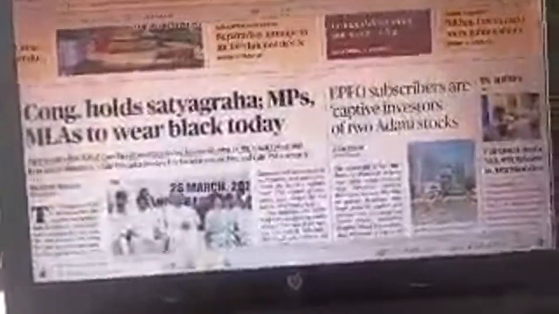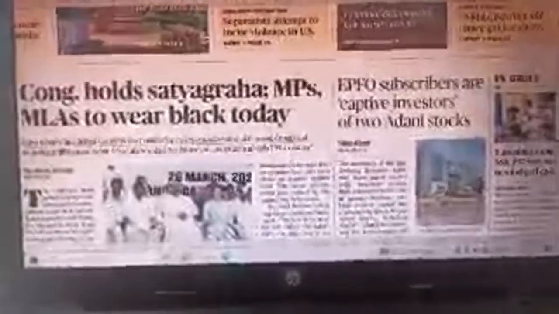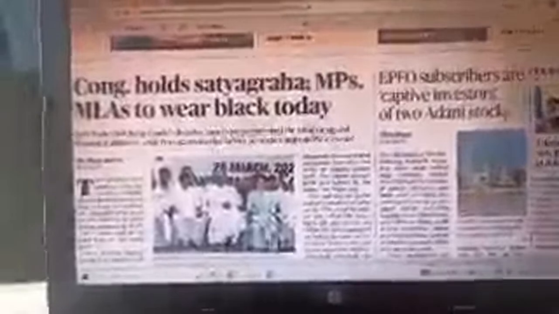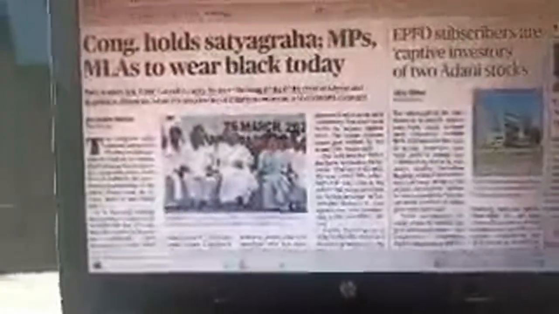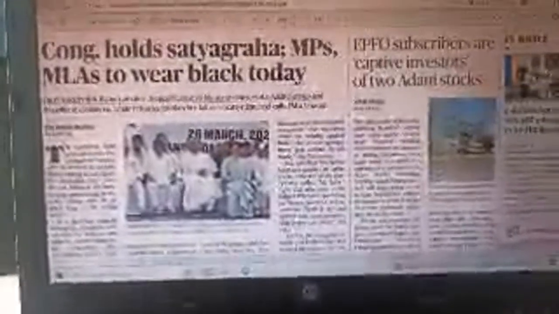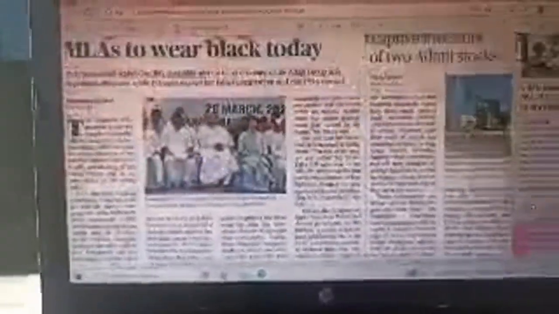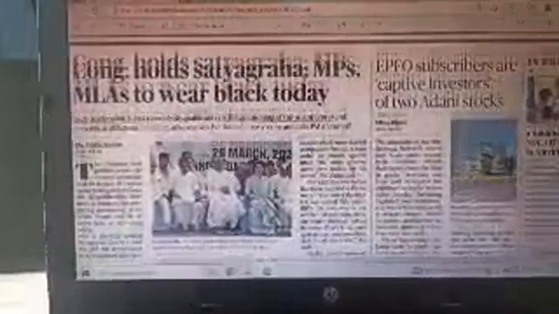Actually, this is The Hindu newspaper. Which kind of news and which kind of subjects do we gather? "EPFO subscribers are capital investors in stocks": this news comes from governance or similar. If you have this kind of news and it is important, then make a note. That's all. We don't read unknown content.